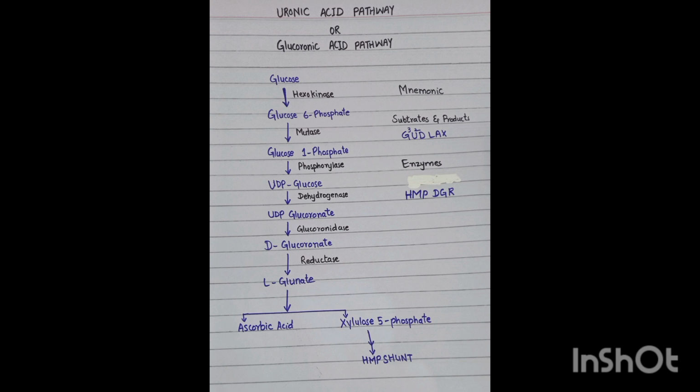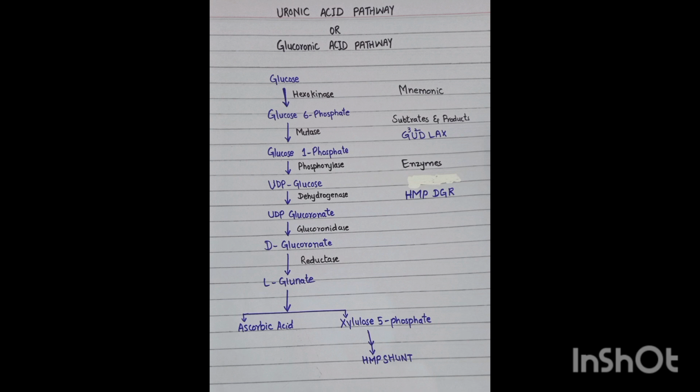Glucose is converted to glucose 6-phosphate when hexokinase acts on it. Mutase acts on glucose 6-phosphate and converts it into glucose 1-phosphate. In the presence of phospholyase, glucose 1-phosphate is converted into UDP glucose, and in the presence of dehydrogenase, UDP glucose forms UDP